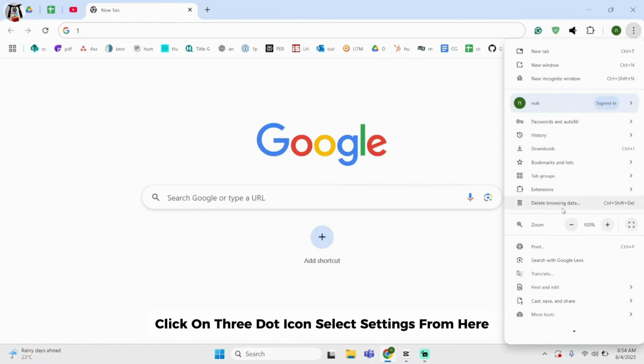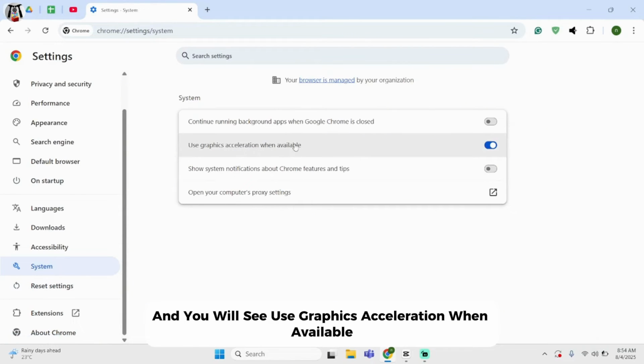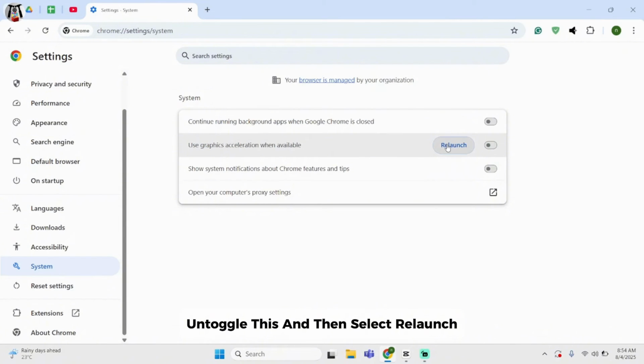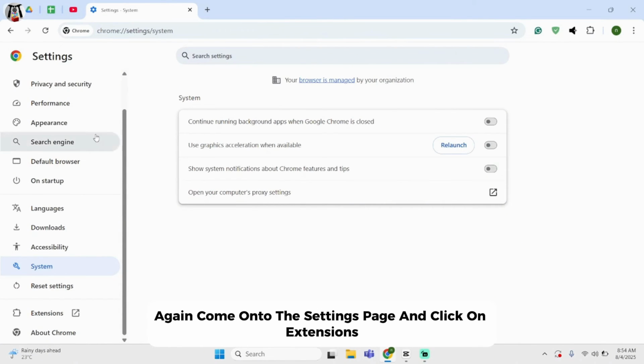Click on the three dot icon, select Settings. From here, select System, and you will see Use Graphics Acceleration when available. Untoggle this and then select Relaunch. It will open up your Chrome again, and once you do so, again come onto the Settings page and click